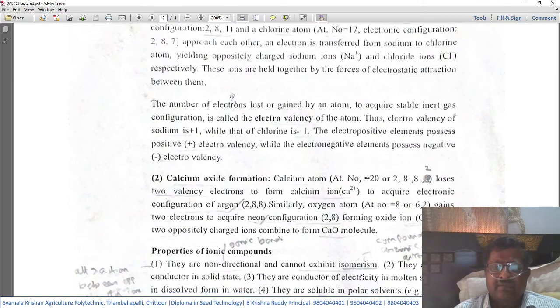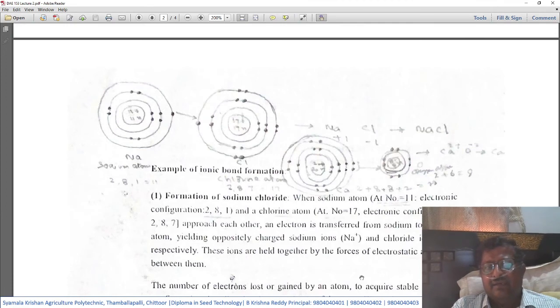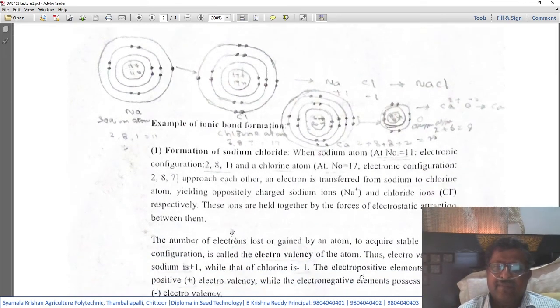Because of this, the calcium atom becomes Ca2+, because it lost 2 electrons. It acquires an ionic form. Then oxygen, after obtaining 2 electrons from the calcium atom, becomes a negatively charged ion, that is O2-. Since these are oppositely charged ions, there is an electrostatic force between these ions, and they come very close and become calcium oxide, which is an ionic compound or